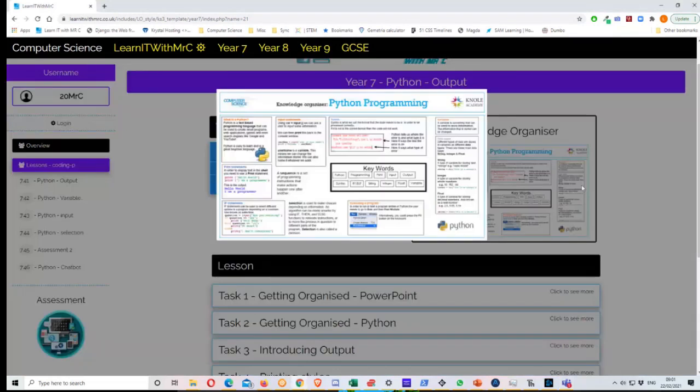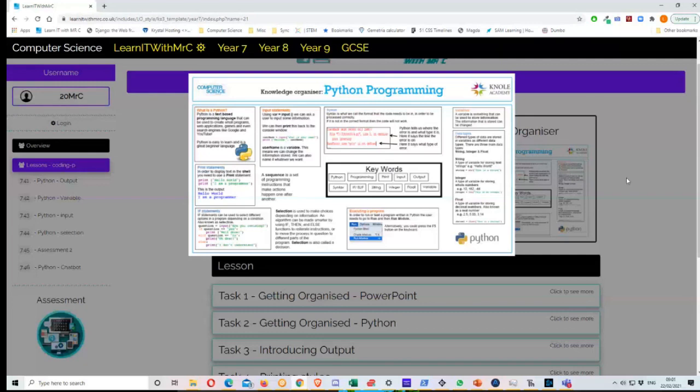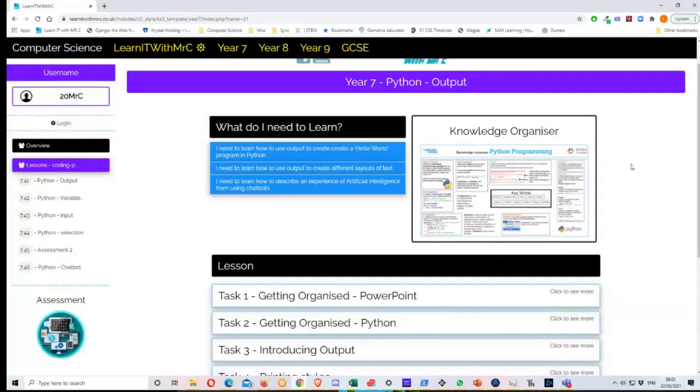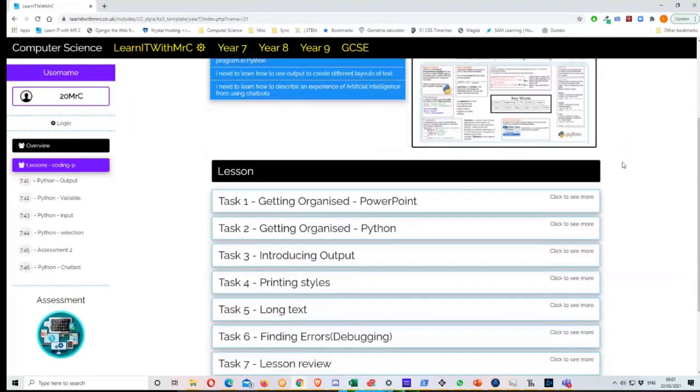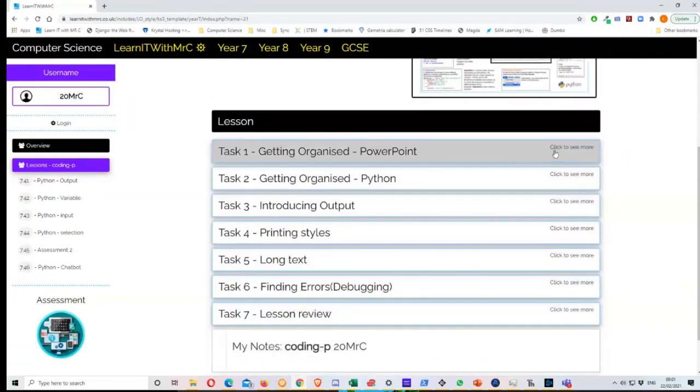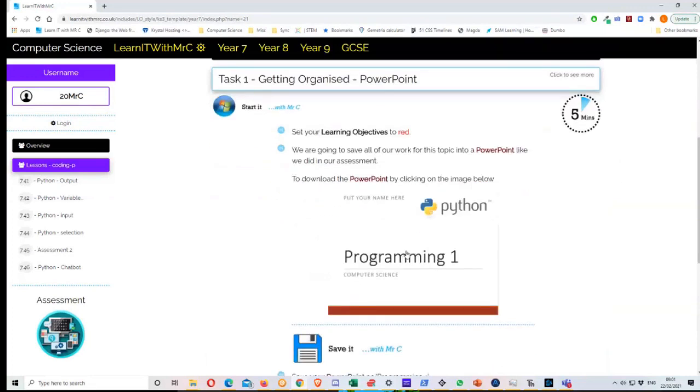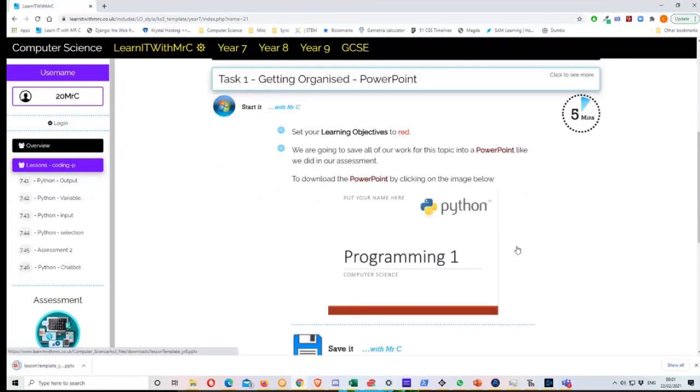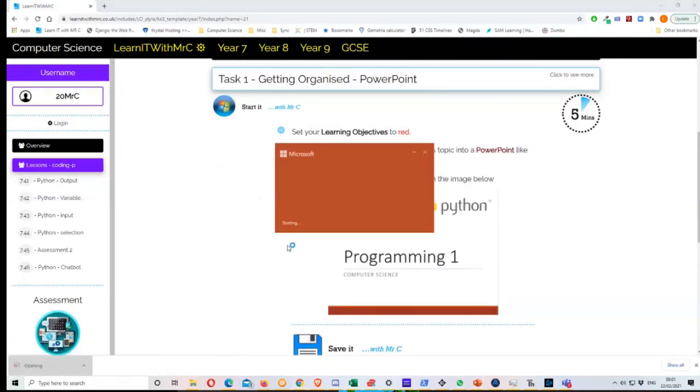Don't forget we've got our knowledge organizer here. We want to have a look at what print statements are, which is what we're looking at today. First of all, like always, we have a PowerPoint. So if we open up our PowerPoint by clicking on that link there,